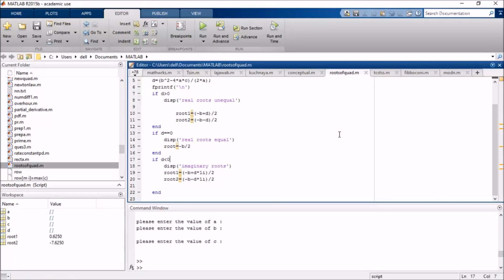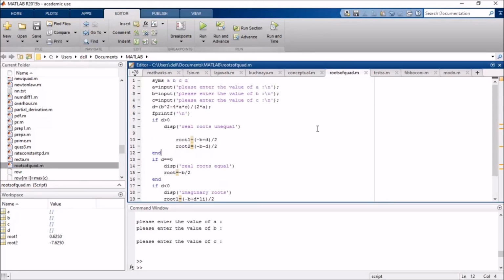The window in which we are working, in which we have written our program to calculate the roots of a quadratic equation, all these commands are written in the editor window, as can be seen on the screen.